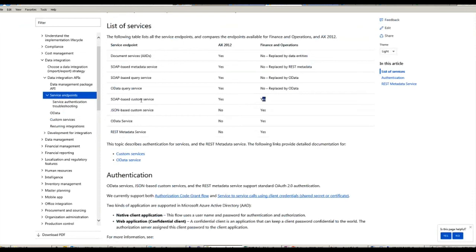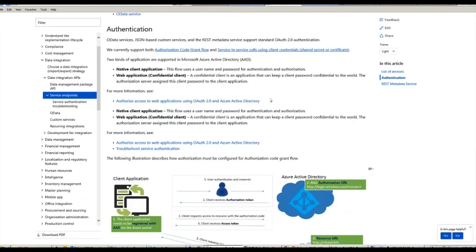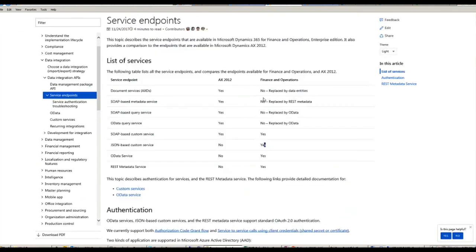2012 had the AOS hosted AIF web services. You can still do that. You can do that now in JSON. You can do SOAP and OData. So there's a bit of information on here on how to do that. If it's a direct database integration, CRM, I think Scribe was one, in earlier versions, then you're probably going to have to refactor that because the SQL Azure database does not support direct database connection.